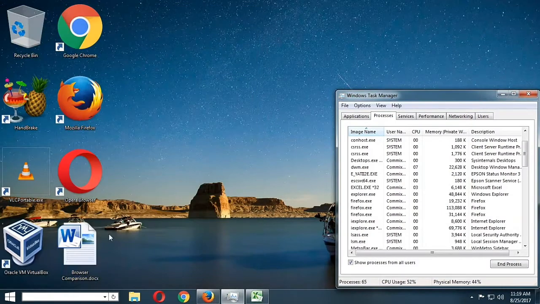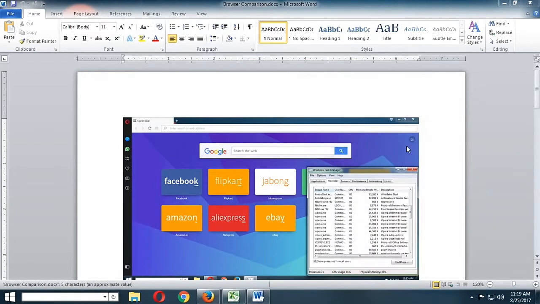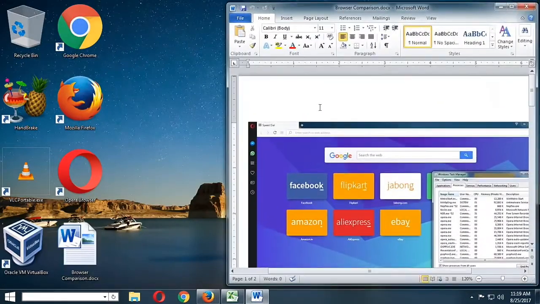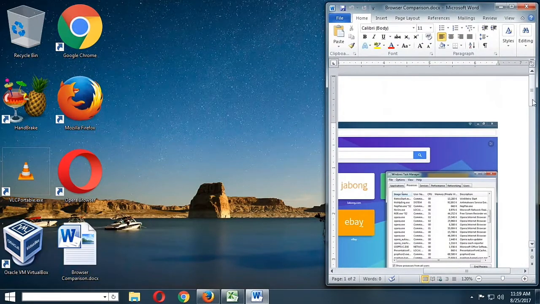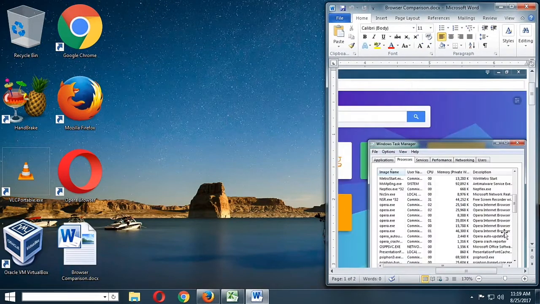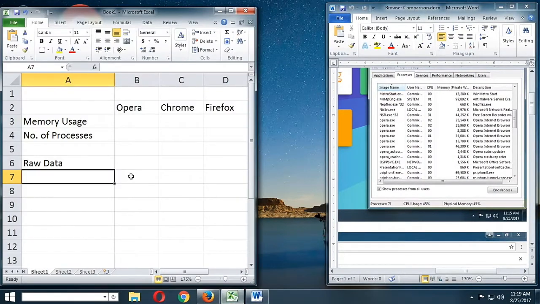Then I'll open the document that we have made. Let's close the task manager for the meantime. I'll move it to one side, and then so that I can see the data. Let me just zoom in for a while here. Okay, so let's try to input the raw data from the screenshot we have made. So it's